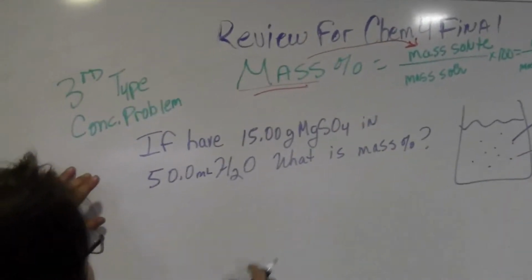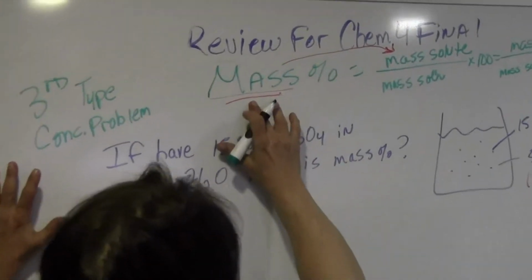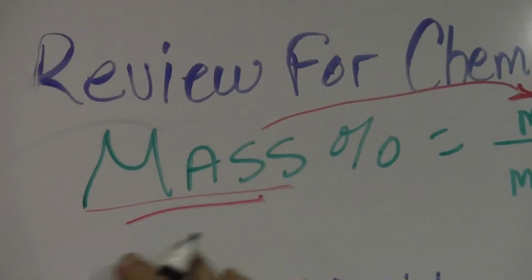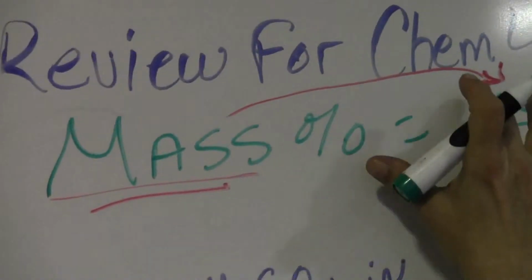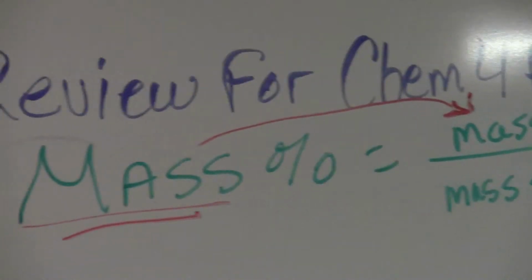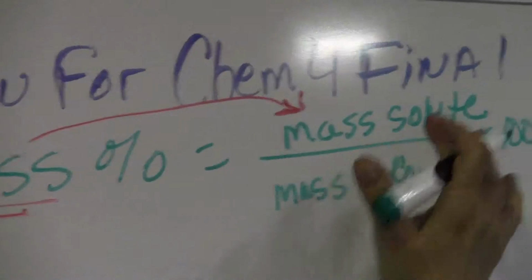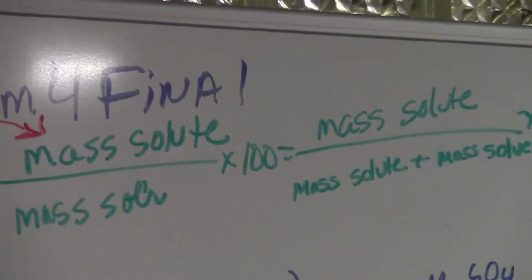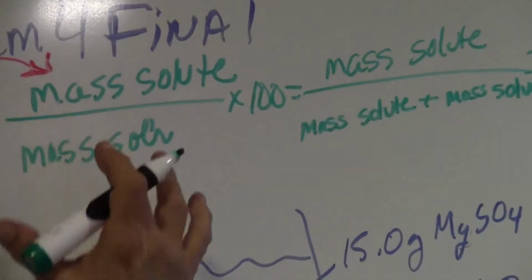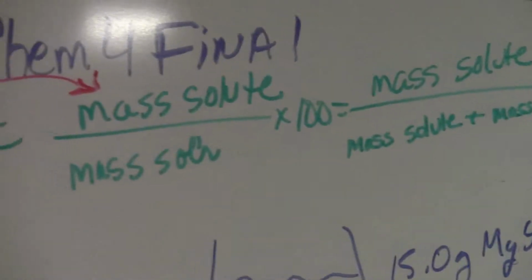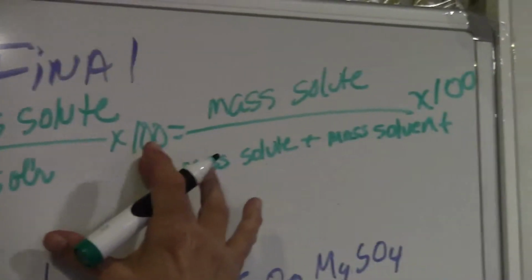Here's our problem. Well, let's do the formula first. Mass percent, notice it says mass. The other concentrations started with mole something, so we had moles of solute in the numerator. This says mass percent, so we're going to have mass of the solute in the numerator. The formula for mass percent is mass of solute over mass of the whole solution times 100 to make it